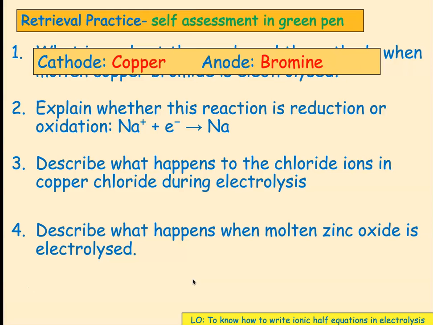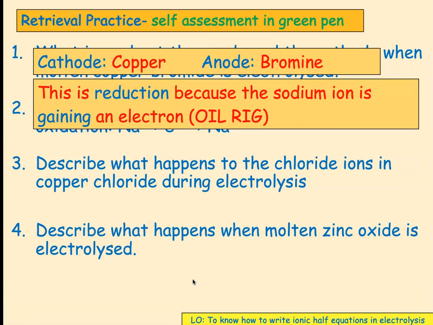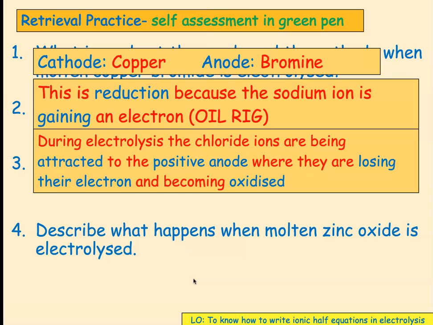Explain whether this reaction is reduction or oxidation. We've got a sodium ion plus an electron gives you a sodium atom. Well, this is reduction because the sodium ion is gaining an electron. Describe what happens to the chloride ions in copper chloride during electrolysis. During electrolysis, the chloride ions are being attracted to the positive anode where they are losing their electron and becoming